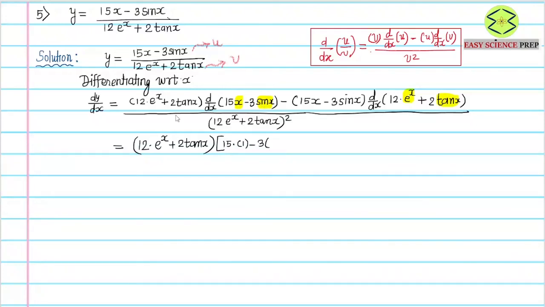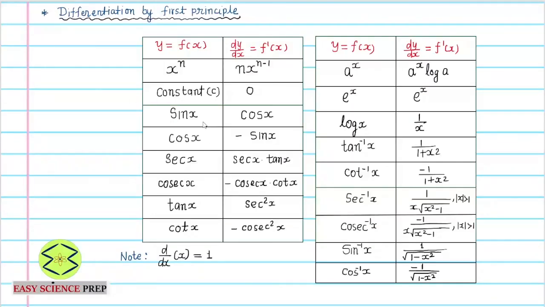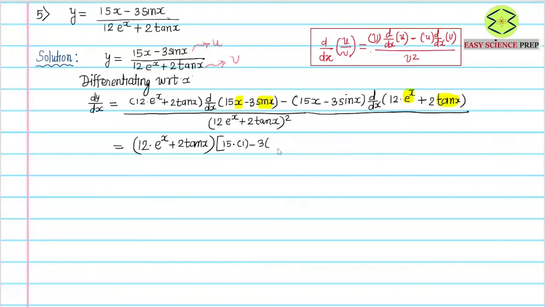On the derivative of sin x, you can refer to the table: the derivative of sin x is cos x, so it is cos x. You need not refer to the table like this, but those who are not comfortable with the expressions for various functions can just keep on referring to it. Then 15x minus 3 sin x as it is. It will take some time by the time you remember the expressions.